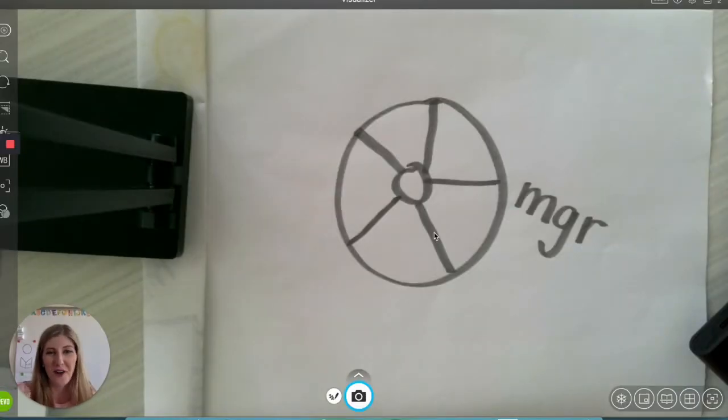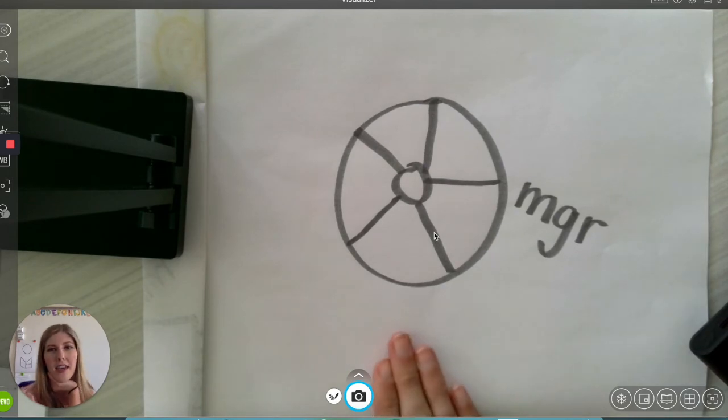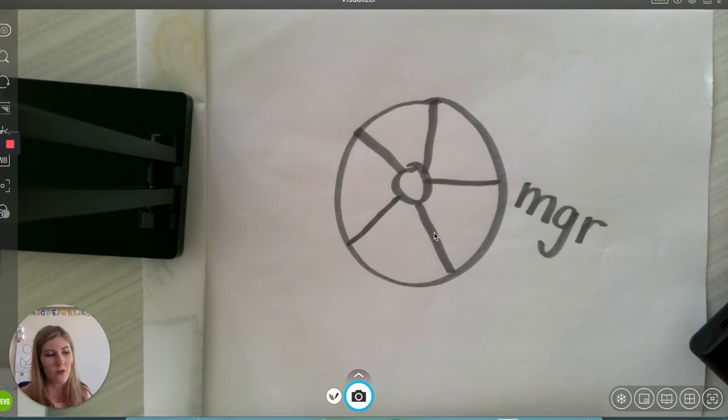Little writer, before I send you on your way, I want to teach you one more thing. When I go back to my writing, previous writings that I've already done before, I can always be adding more to it. So if I'm on my playground page that I started yesterday, well, I added to it yesterday, right? I started this specific page yesterday. I can be thinking about something else that I can find on the playground over here by the merry-go-round.